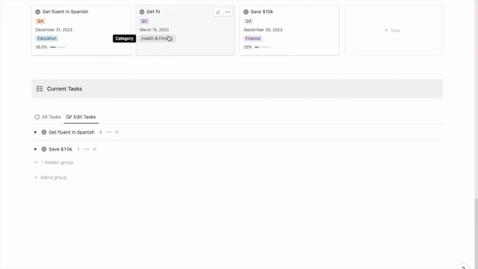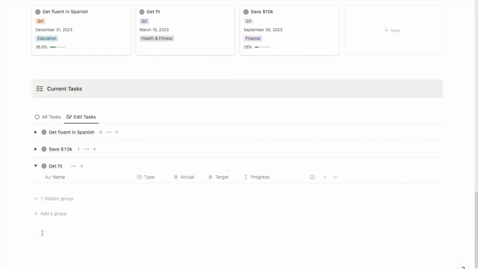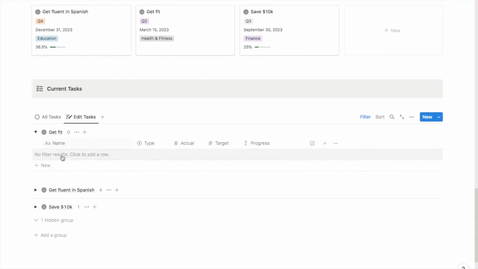So after I've added it to my goals database, I can click on add a group and it will then bring up all of the goals that I have in the database. So as you can see, our get fit goal has appeared. If I just click on that, it will now add it as another row and I can then add in my tasks. So let's just say that I want to attend 10 Pilates classes,